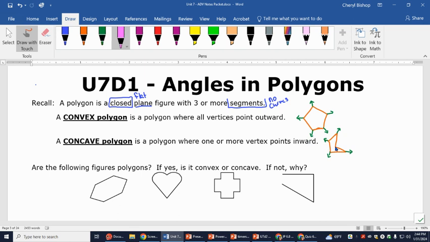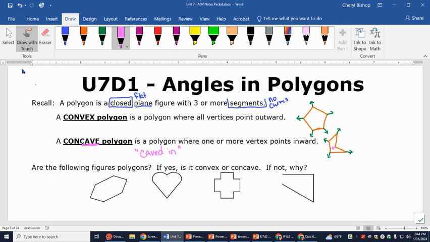But this vertex here is pointing back inside my figure. So I like to think of it as being caved in,